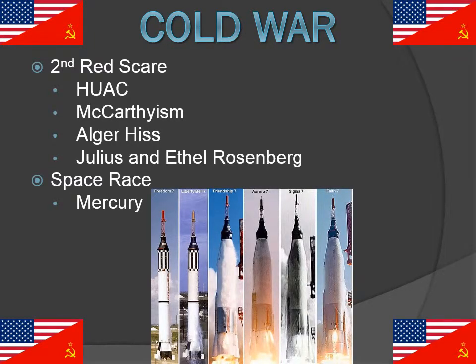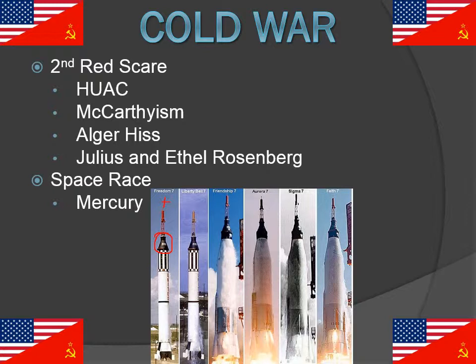We, of course, are not the first ones to put a man into orbit. That's going to be the Soviets. They also beat us into orbit first with Yuri Gagarin. But if you take a look at this first rocket right here, this is Freedom 7, and you have Alan Shepard. And this right here is actually where the astronaut was located. And Alan Shepard is going to be the first man that will be launched into space.